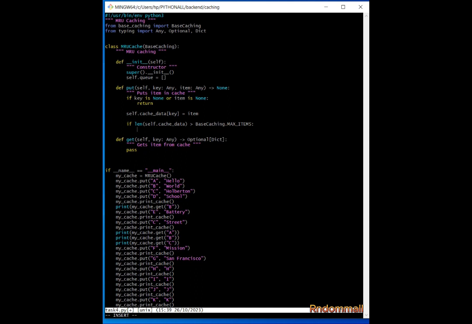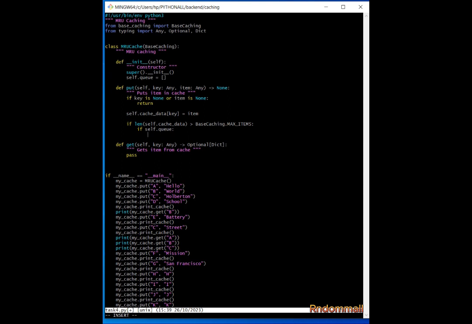So if the cache is over the capacity, we need to make room for the new item. So we say if self.q, that is, if self.q is not empty, if we have items in the queue, which means there are cache items, to maintain the most recently used policy, we need to remove the most recently used item, which is the last item in the queue. So we say last is equal to